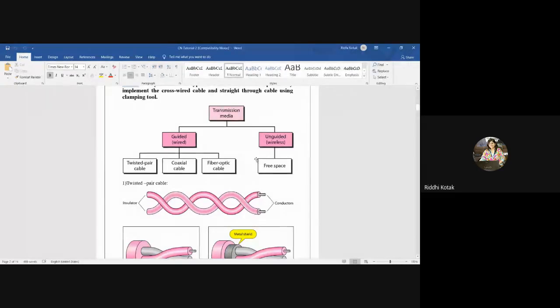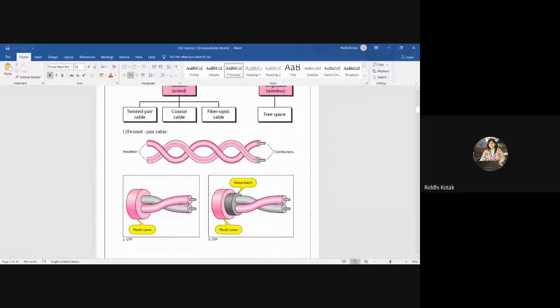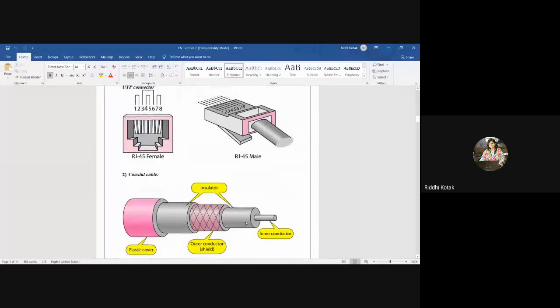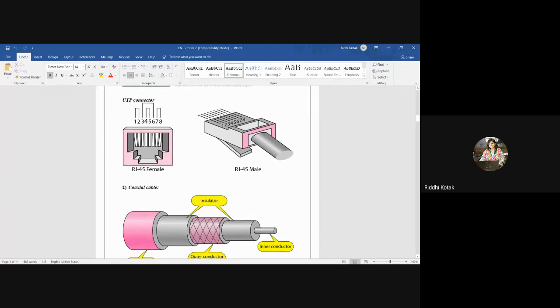Now a few points we will discuss over here, right? We have discussed shielded and unshielded twisted pair. This is the connector used to connect the cable with the system. For twisted pair, the RJ45 connector is used, and it comes in two types, RJ45 female and RJ45 male.